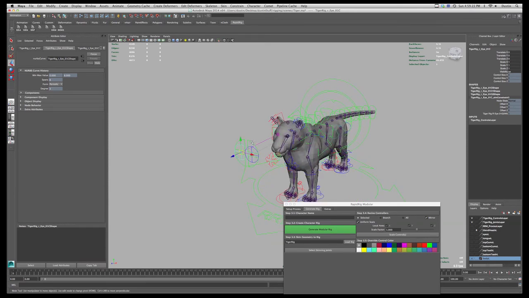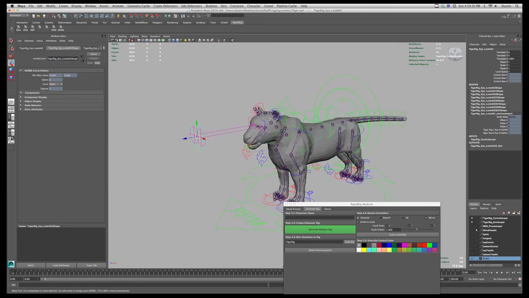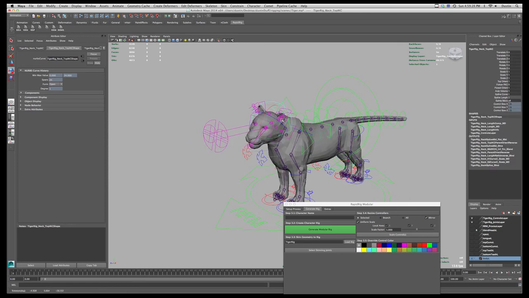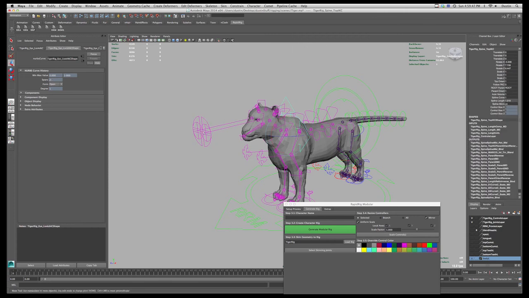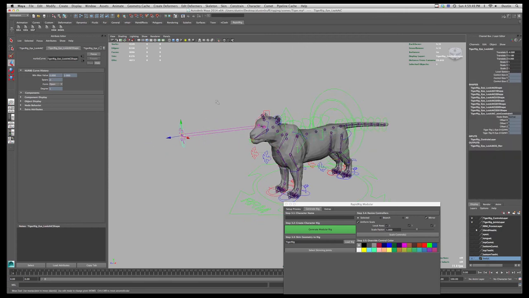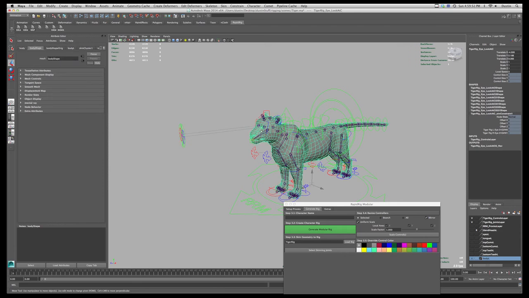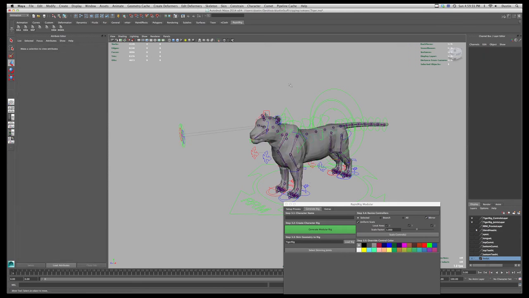The other thing to note with the look-at is that if I rotate his head, you can see that the eyes, or the look-ats, move with the head. It's as if his eyes are locked into his head. We can also set this to turn off local space. So now if his head rotates, his head can turn away while still trying to look at whatever the target is. Normally what you do is not have the look-at joints affect the mesh, and then you'd have separate eyeballs which are controlled by those. And that's pretty much it for